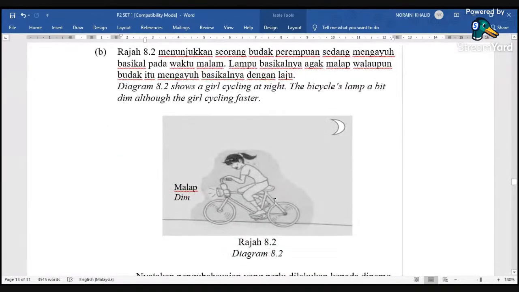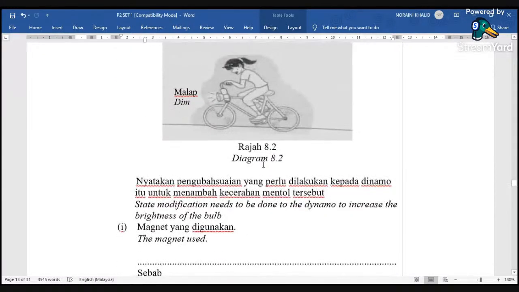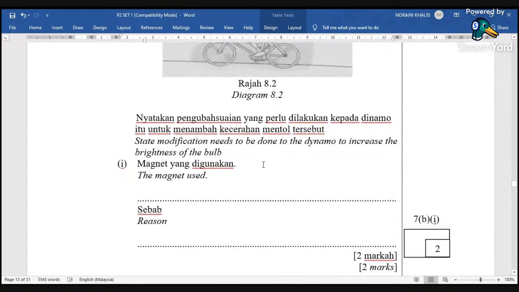Okay, part B, diagram 8.2 shows a girl cycling at night. The bicycle lamp a bit dim, although the girl cycling faster. Okay, state modification needs to be done to the dynamo to increase brightness of the bulb. So just now, if the girl is cycling at same speed, okay,